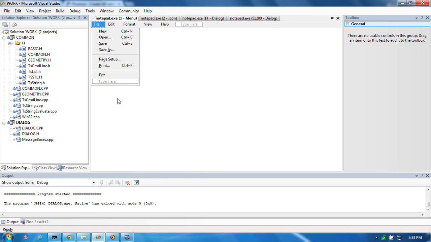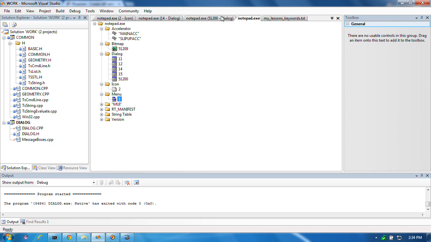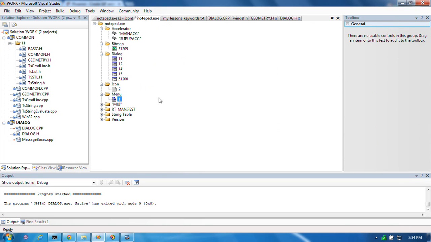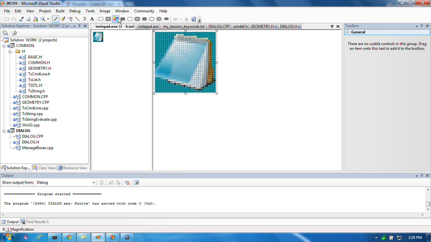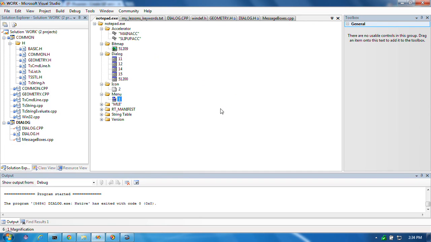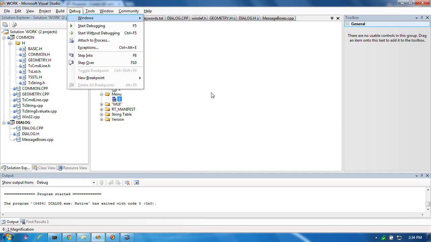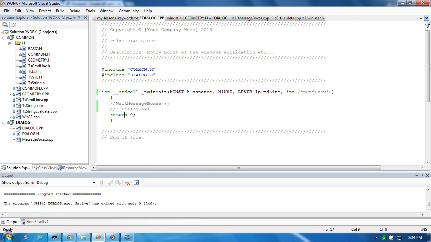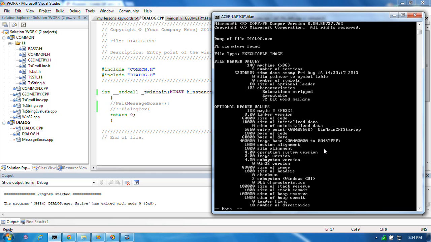You know, I don't want to mess up my Notepad, but I could make a copy of it and get rid of these. I could make a copy of my Notepad and change it up a bit to show you what happens. In fact, I'm not running anything. I want to get that. One of the programs